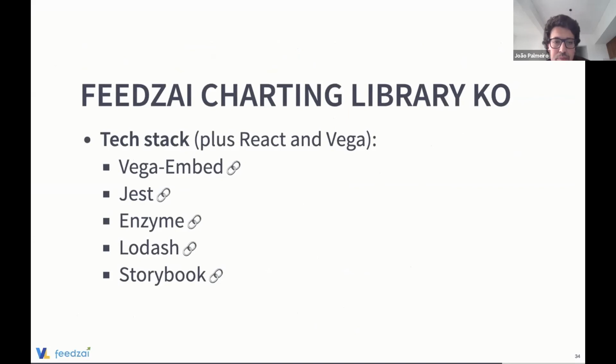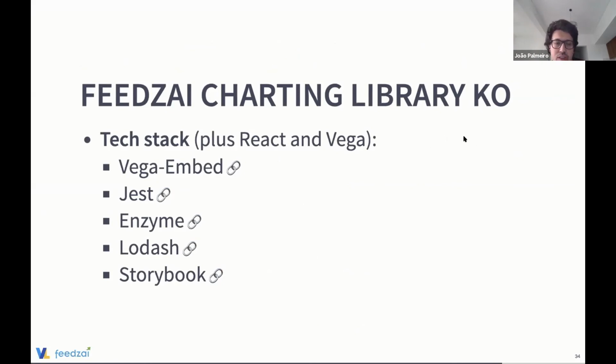For this, besides React and Vega, we mainly use these five libraries, let's call them libraries in our stack. Vega-Embed is a wrapper where you can pass your specification and some options, and you'll have the component rendered in place. It's the one responsible for that button I clicked previously.